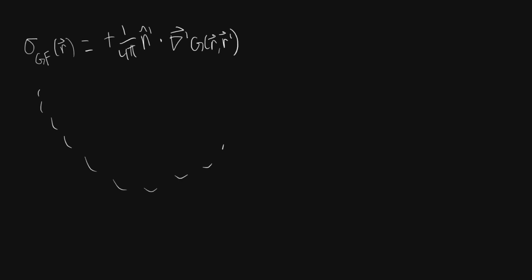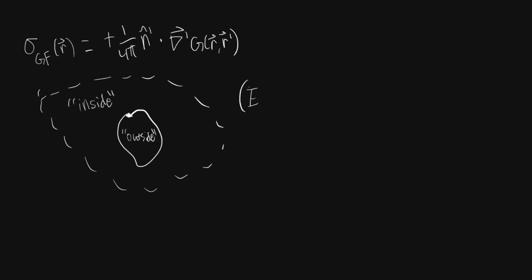So let's say we had some volume, and then we had a conductor inside this volume. The volume that we're integrating over, which is bounded by these dotted lines, is going to be considered the inside of the volume. And then inside this conductor is actually considered outside. This wording here is important because